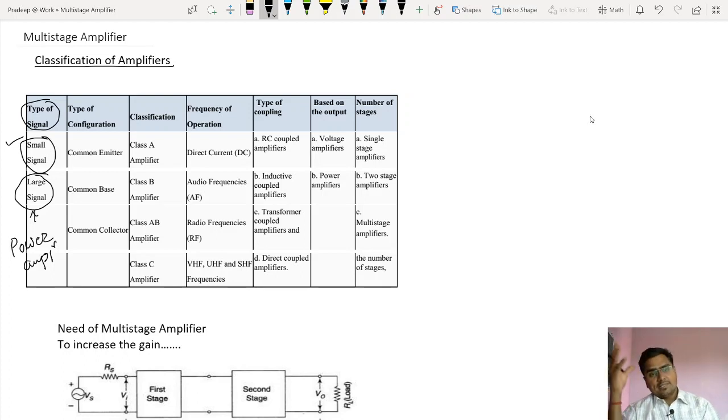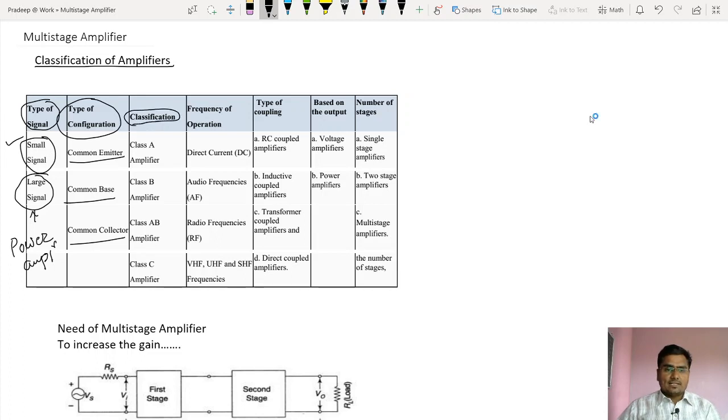Another method to classify the amplifier is depending on the configuration. That is well known to us: common emitter, common base, and common collector, all of which we studied last semester. This is also a classification of amplifiers. Another is depending upon the duration of the output. I can classify them as class A, class B, class AB, class C. Even further it is classified as class D also, but I have not written it here. This is also another method to classify the amplifier. Look at this, 1, 2, 3.